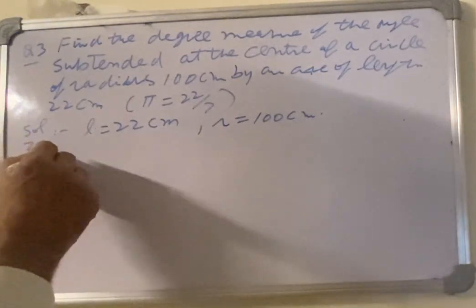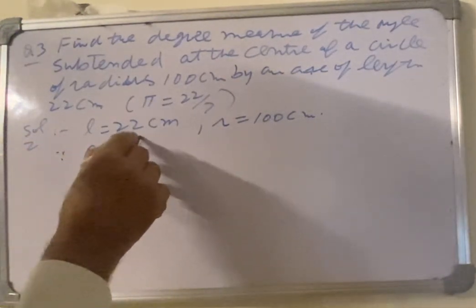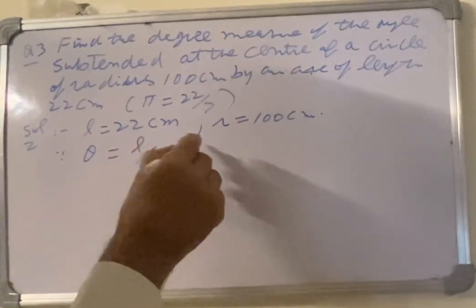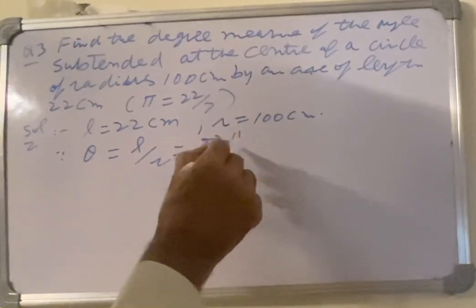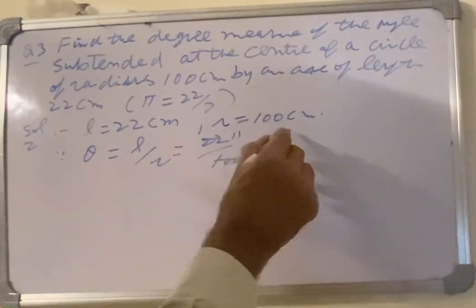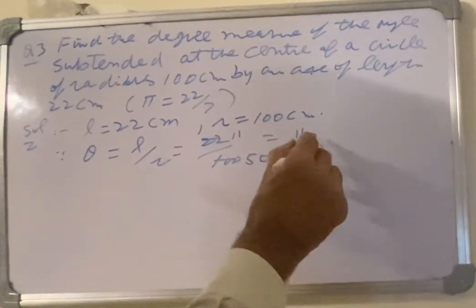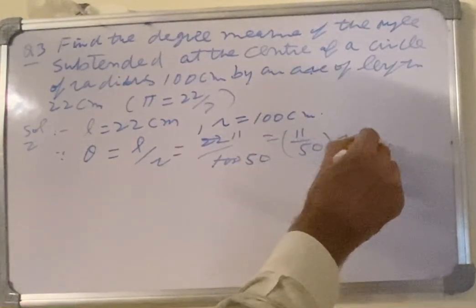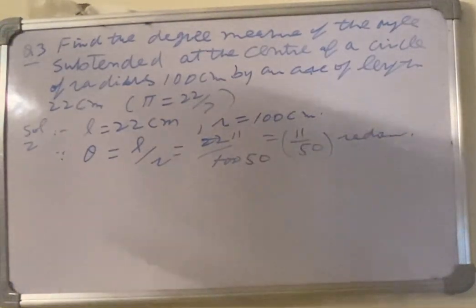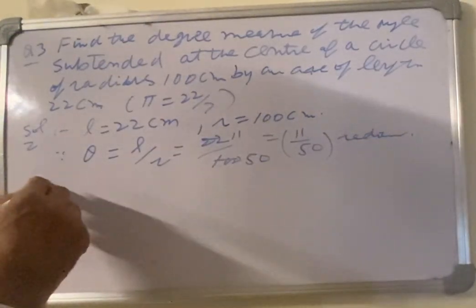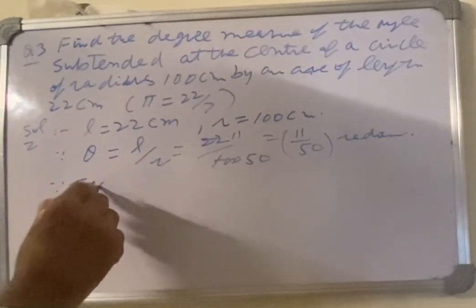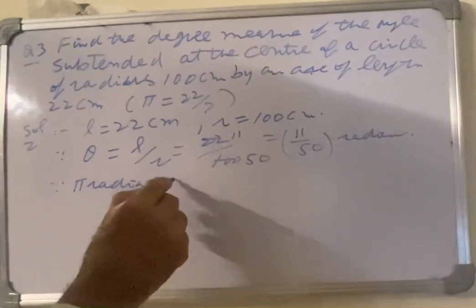We know that theta is equal to L over R, so we shall substitute values: 22 over 100. It is 11 over 50 radians. Now we can convert this into degree. Now since pi radian is equal to 180 degree,